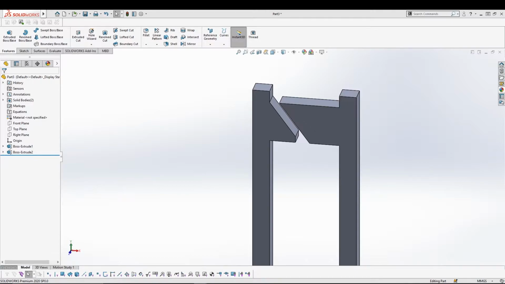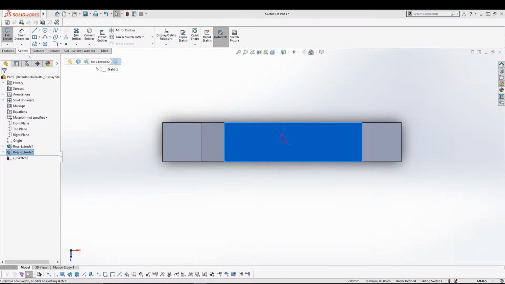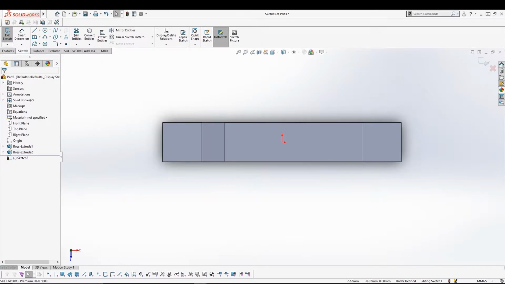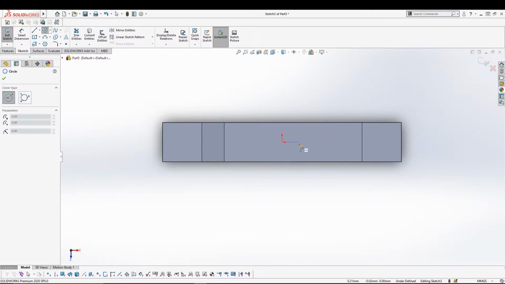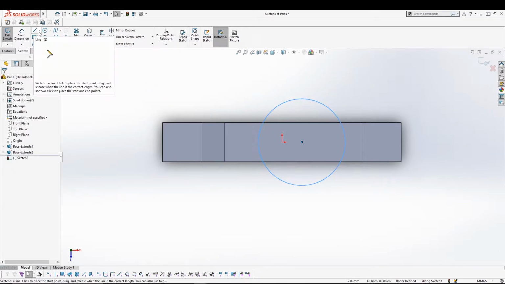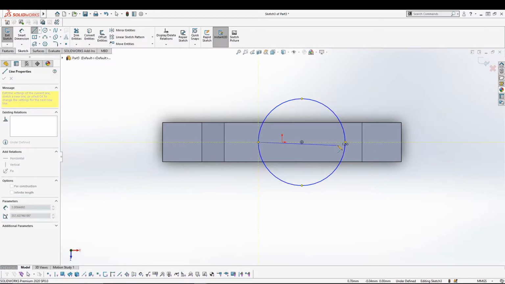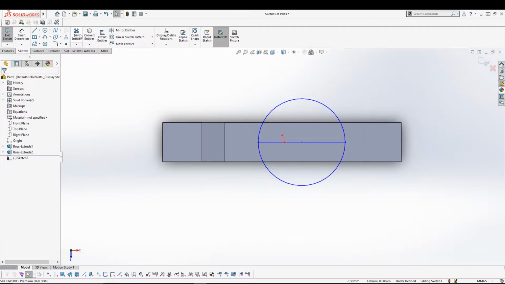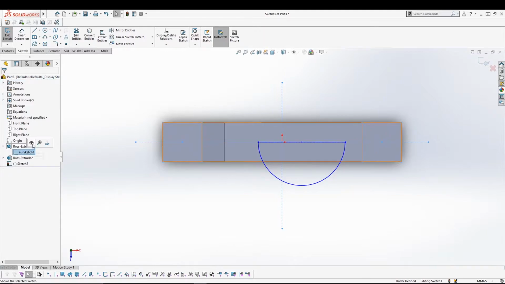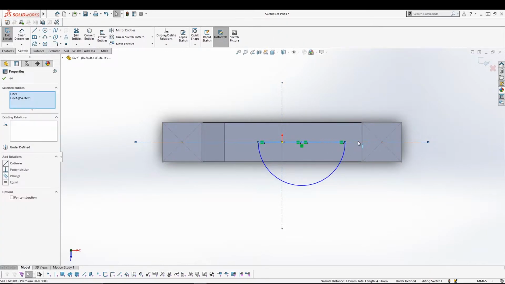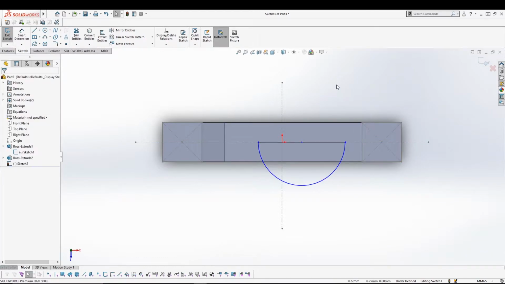After that, we'll do one more sketch. This time I will select this face, go for sketching. For the sketch, I will, let's say, utilize a circle from the origin axis, and let's say I'll do a circle like this. I can utilize the line command to join the circle from this point to this point and then trim the other half. Alright, if we see our sketch 1, I can say this one is on this axis, so make them collinear. Alright, then we can exit the sketch,